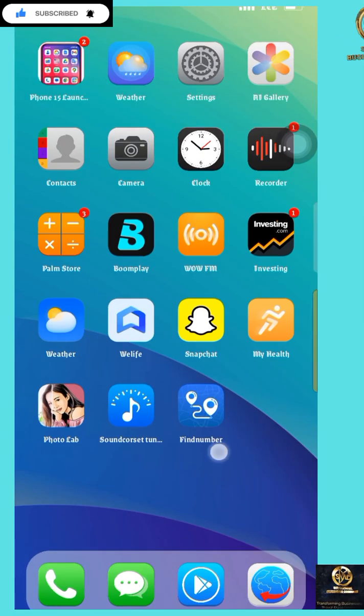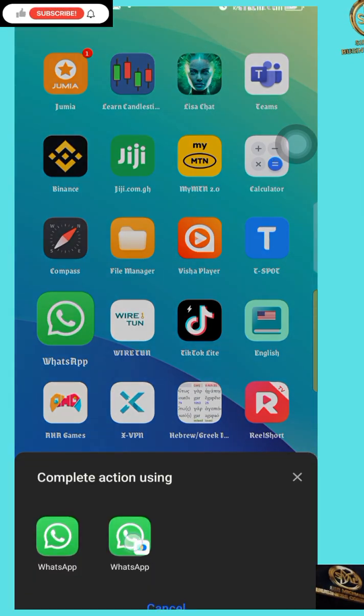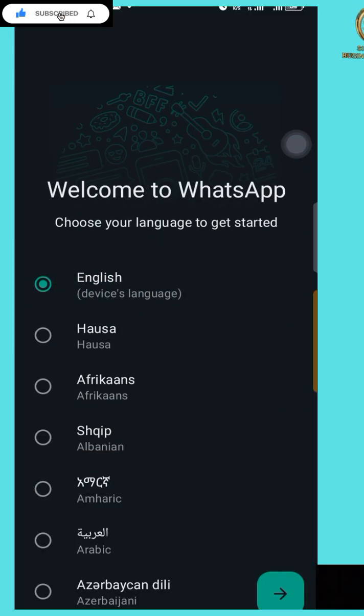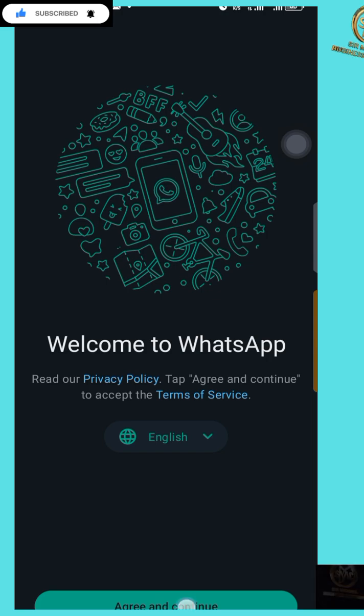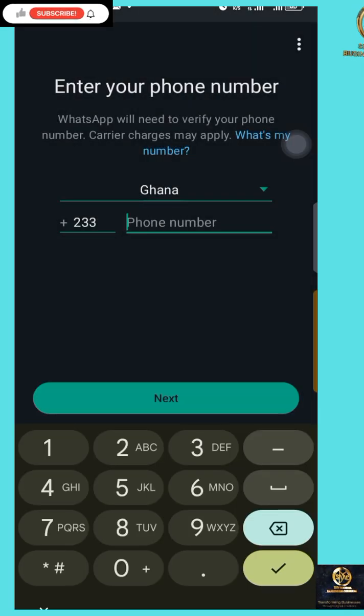So I can move here to my WhatsApp. They'll ask me, then I'll do the clone WhatsApp. Then I'll try to set this WhatsApp for us to see that it really works. So let me choose English because that's the language I understand here. Agree and continue. So I will type my number here,